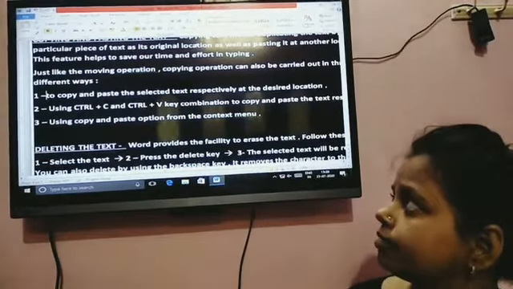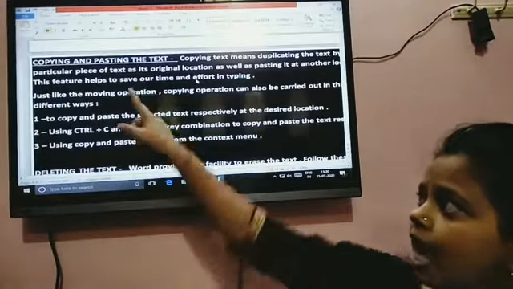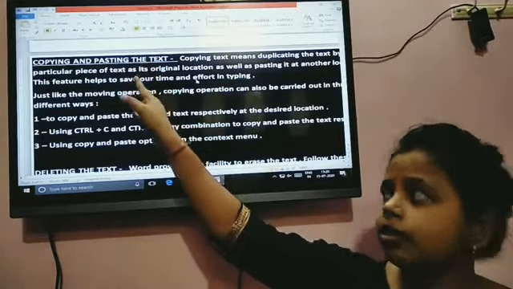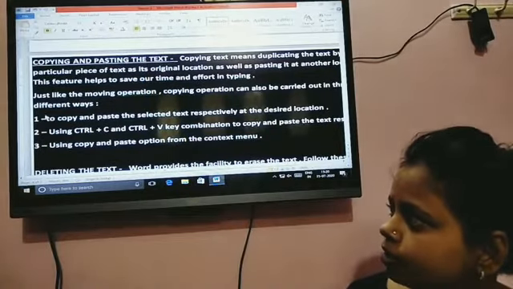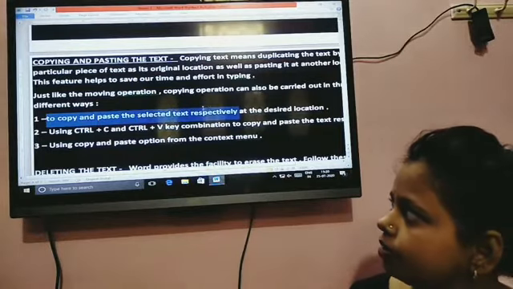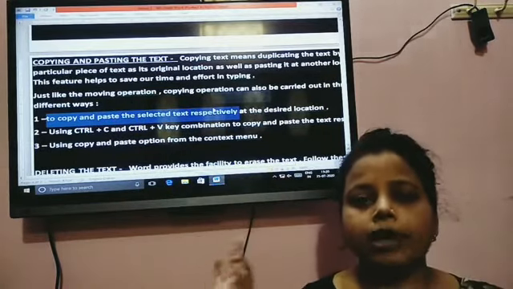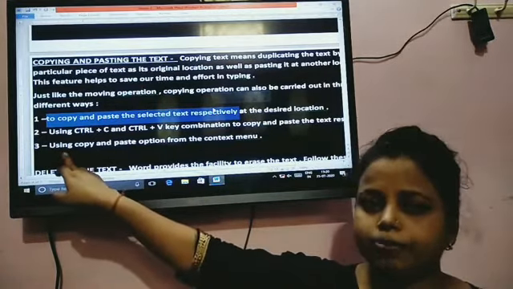First one is copy and pasting, students. Just like I select this line, I want to copy it from one place to another place.